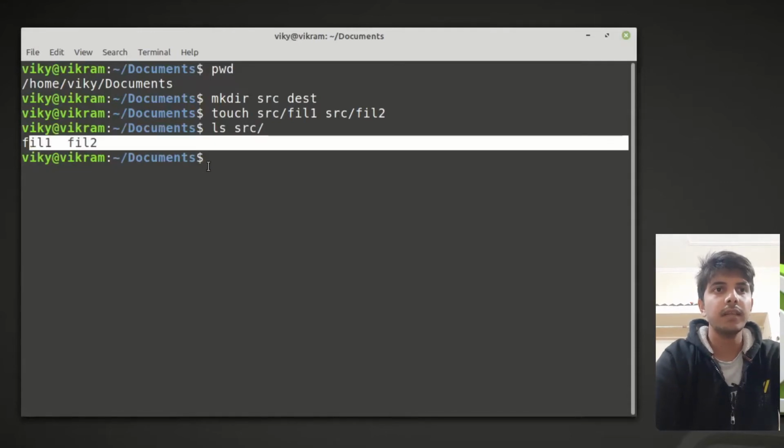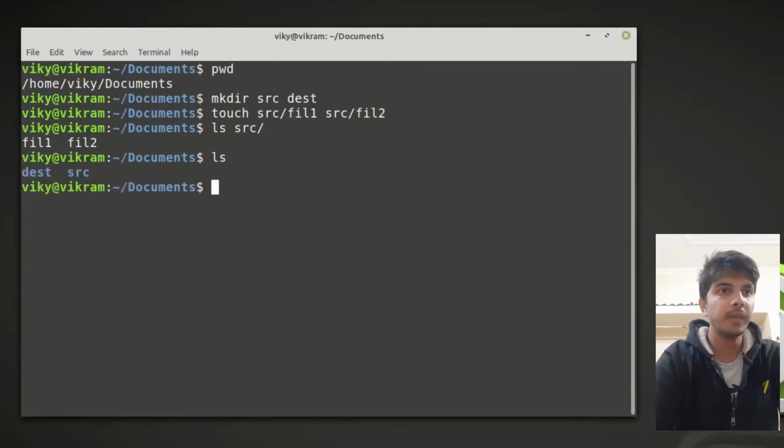So first of all, let's say that I want to copy the file present inside the source to the destination. For that I can use the command cp and then the name of the file, or we can give the path for that. So I will write src, giving the path and the name of the file, let's say file1. This is the source path, right? Then the destination path.